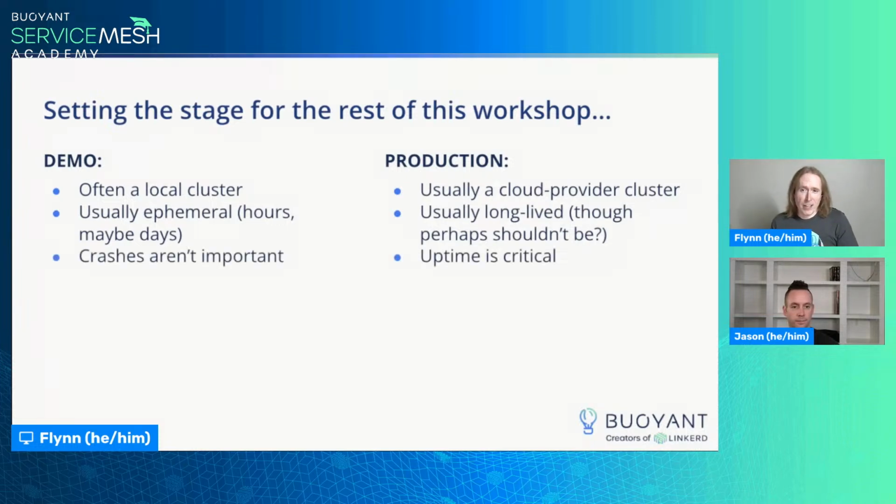If your demo cluster crashes, it's annoying, but it's not a big deal. If your production cluster goes down, it's a very, very big deal. One of the KubeCon topics we've been kicking around is designing for 5 nines. 5 nines of reliability is 20 minutes of downtime per year. So it's a high bar.